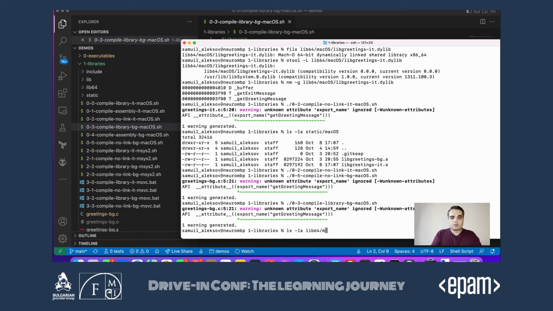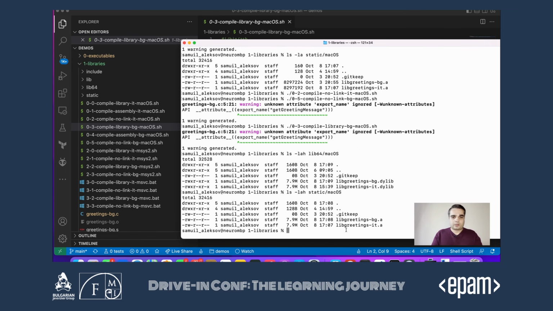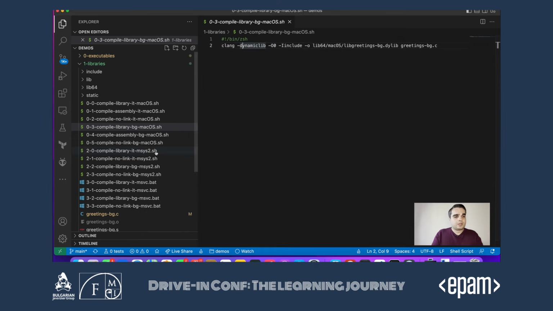Okay, so let's have a peek in our lib64 macOS folder. We have our 8 megabyte static libraries, and in our static folder, nothing should have changed so far. So there are our static libraries as well. On Linux, this would be a .so. On Windows, this would be a .dll, and on Linux, this would remain .a. And on Windows, this becomes a .lib file. But the purpose of these is all the same, and we can link to them with different levels of optimization, as I already said. So you can play with these files.